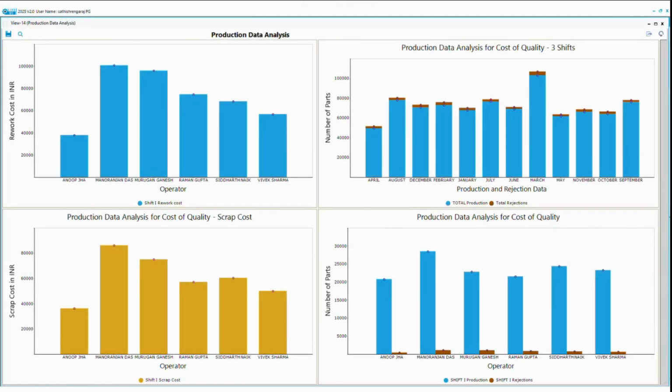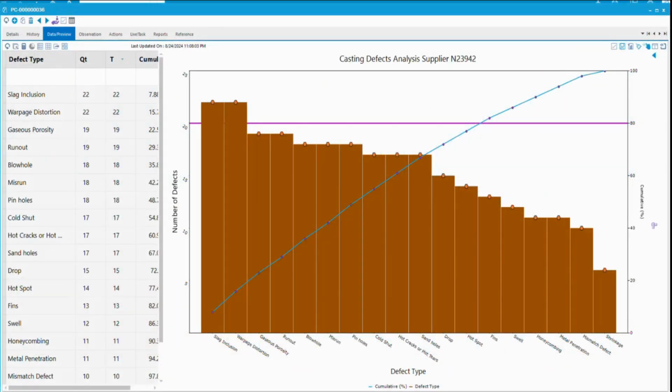When it does that, you will be able to get all these different kinds of charts, which help you to interpret the data at any point of time during the work hours in your organization so that you can make informed decisions at your level. If you look at the casting defects for a particular supplier, let us say you look at the Pareto, I want to look at the entire data inside.